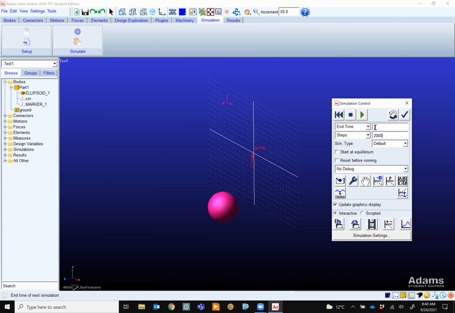So this is all we need to do. Start at equilibrium: here it doesn't make sense because there is no equilibrium. But when we have a mechanism, we better always say start at equilibrium. It means that you tell the program that if there is a weight and a spring or a mechanism, create that deflection in the spring, stay at equilibrium, and run the program from that point for me.